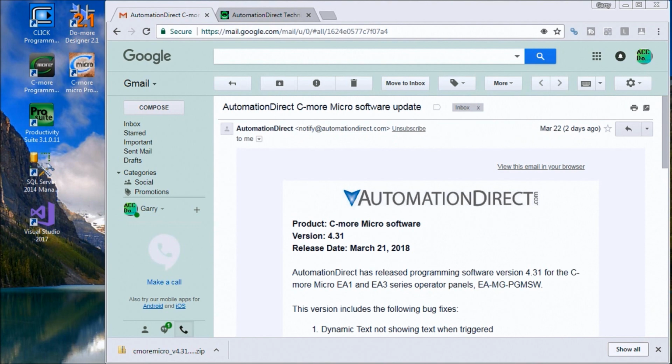Hi everyone, today we will be updating the Automation Direct software, and in particular we will be looking at the C-More Micro software, and we'll update from 4.30 to